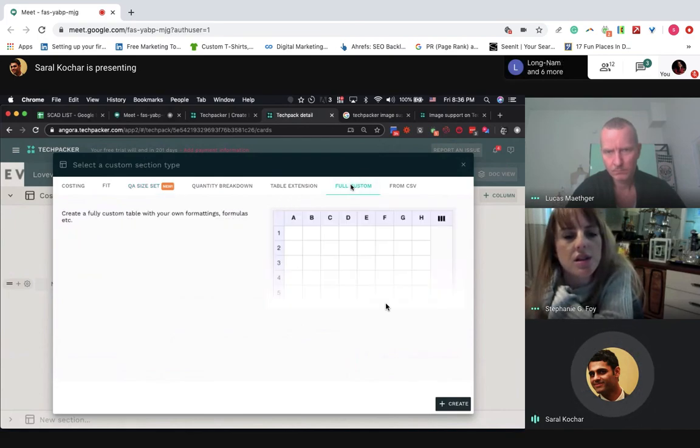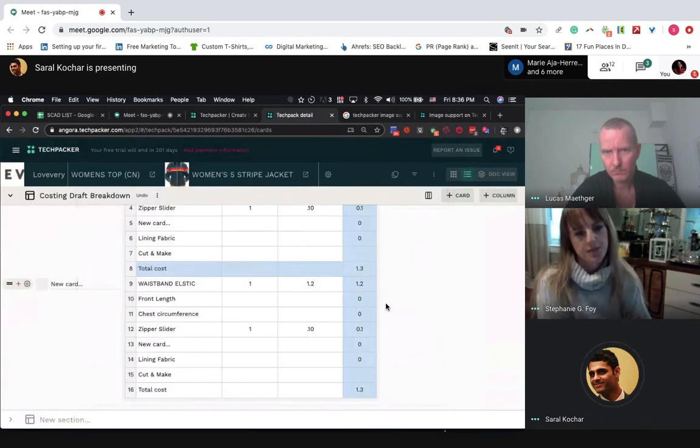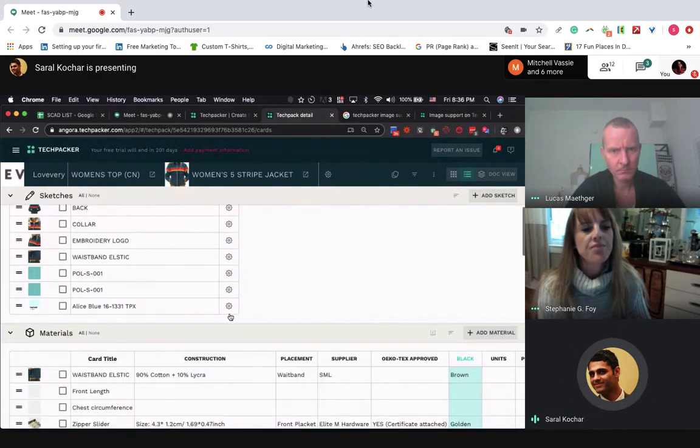If in case you will also want to include any other information, you can have fully custom section too. Cool. All right, so that covers the entire thing about sketches, materials, measurements, and all the